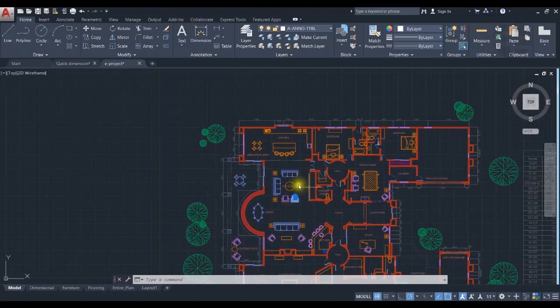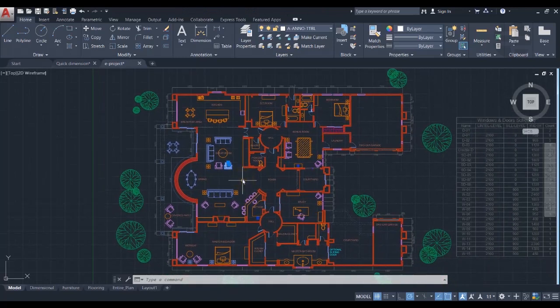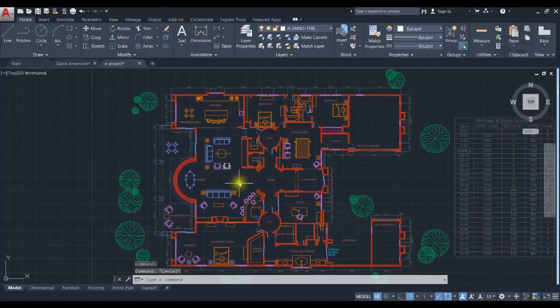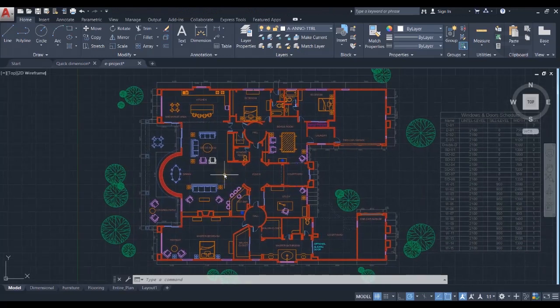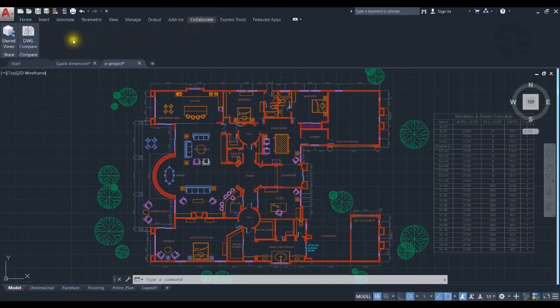Let's have a look at the last and final update in this video as well, and that's the DWG Compare. In the previous version, that's 2019, a collaborate tab was added where we had the DWG Compare feature. There's a slight update in this. Let's click on the DWG Compare. It will ask you first of all to select a drawing which you want to compare. So right now I'm in E project and let's try comparing it with E project version 2. I'll click on open,